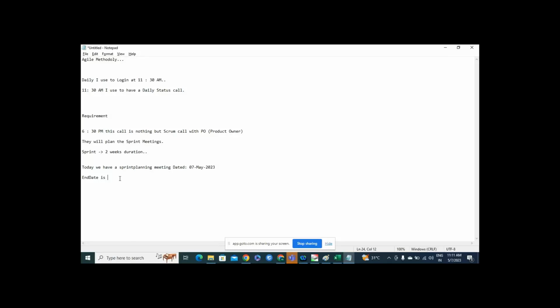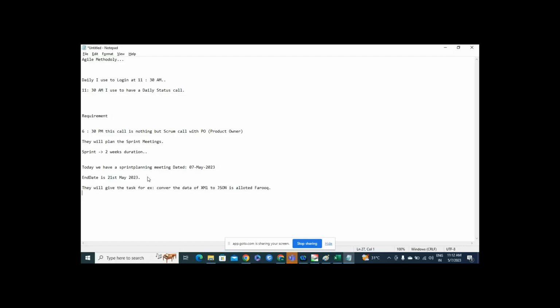Coming to the requirement, they will give a task, for example, convert the data from XML to JSON. It is allotted to Farooq, for example. This is what we will discuss in the Scrum.